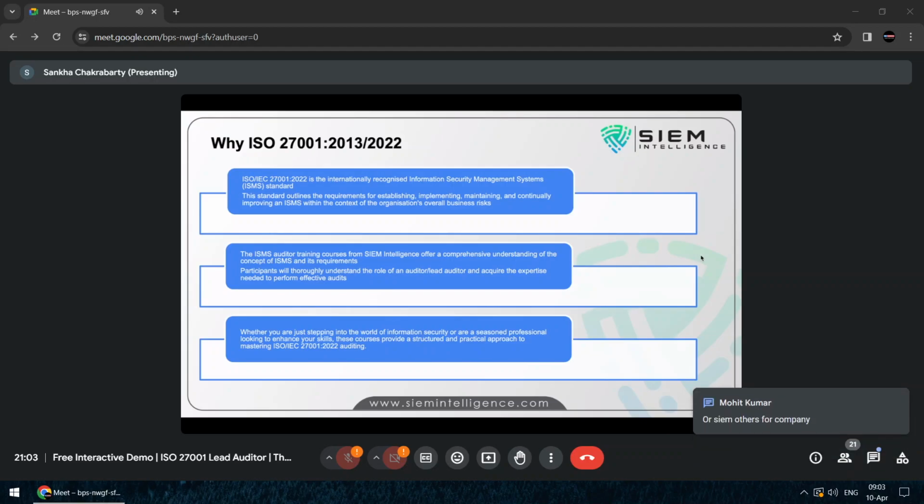Okay. So as a beginner, in order to start your career in cybersecurity, in order to grow in cybersecurity, or even if you are looking for some managerial position, ISO is a must. At least in the present market. I don't know what will happen after 5 or 10 years, but in this present market of 2024, it's the bare minimum requirement you should have. And if you mention ISO in your CV, trust me, you are going to get at least 10 calls in a month, because that's the demand ISO has in India.